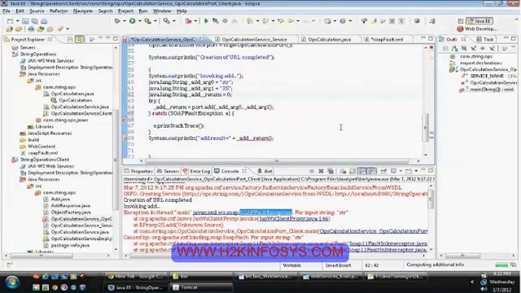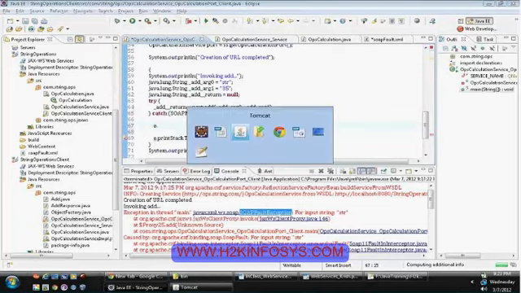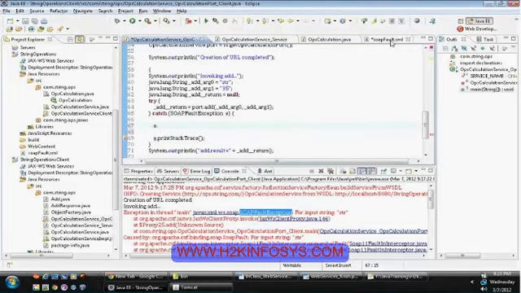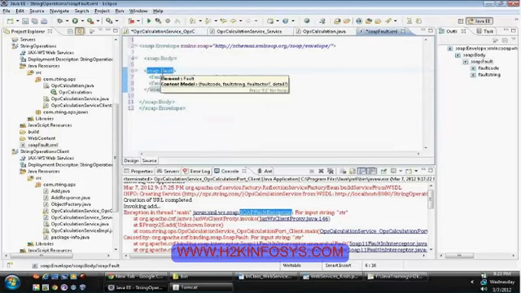Local variable not assigned. Oops. So your exception object, from your fault message, you can retrieve the fault code and fault string.